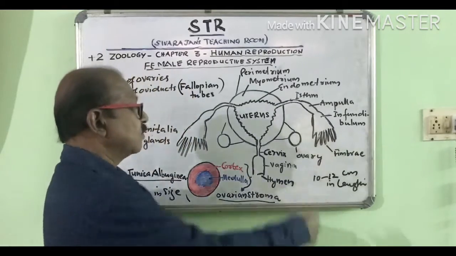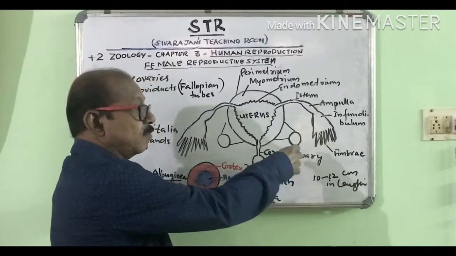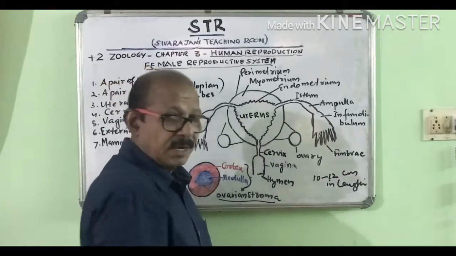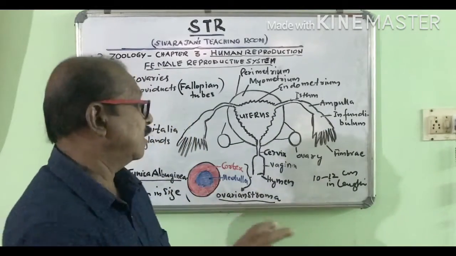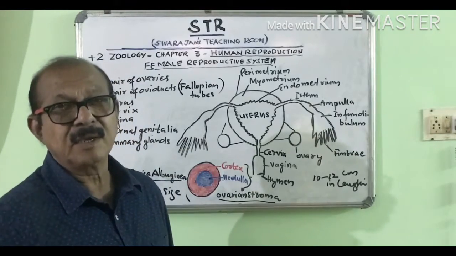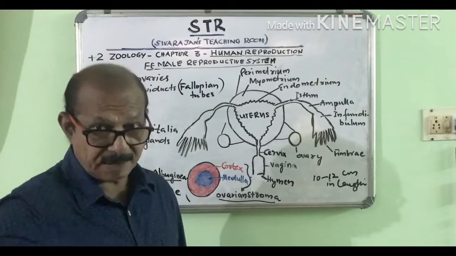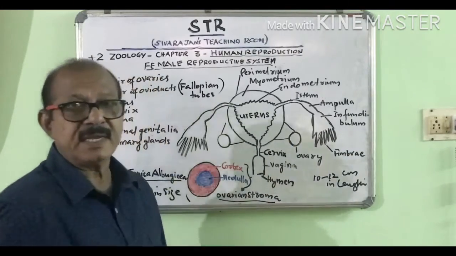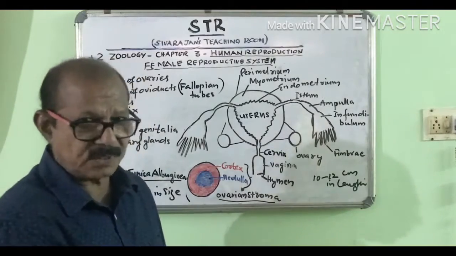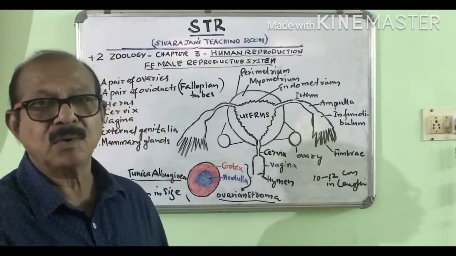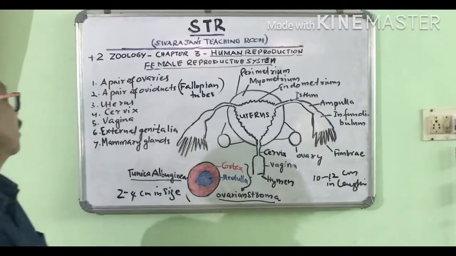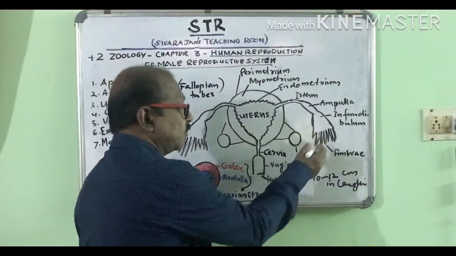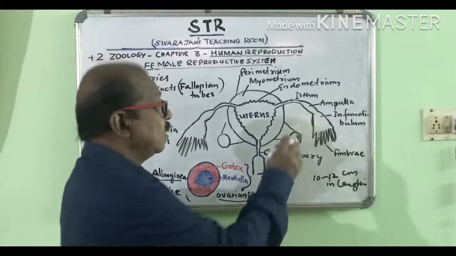So what are fimbriae? Fimbriae are the finger-like projections in the infundibulum. They are always moving, and they create a movement in the body fluid inside the body cavity. Due to this movement, the ovum released by the ovary is drawn towards the fimbriae, and the fimbriae capture the ovum. So the ovum released by the ovary is captured by the fimbriae, and when it is taken inside, the infundibulum,